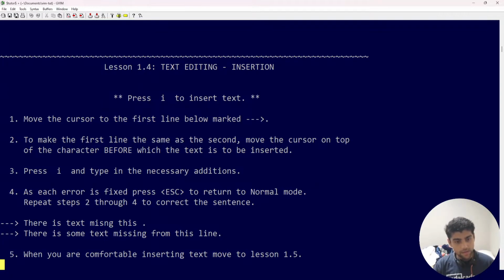So we basically have to make some edits. There is some text missing from this line. When you are comfortable inserting text, move to lesson 1.5. But before that, move the cursor to the first line below marked. So let's move it up. So we'll go K, K, K. Okay, we'll go H. H is left. As each error is fixed, to make the first line the same as the second,